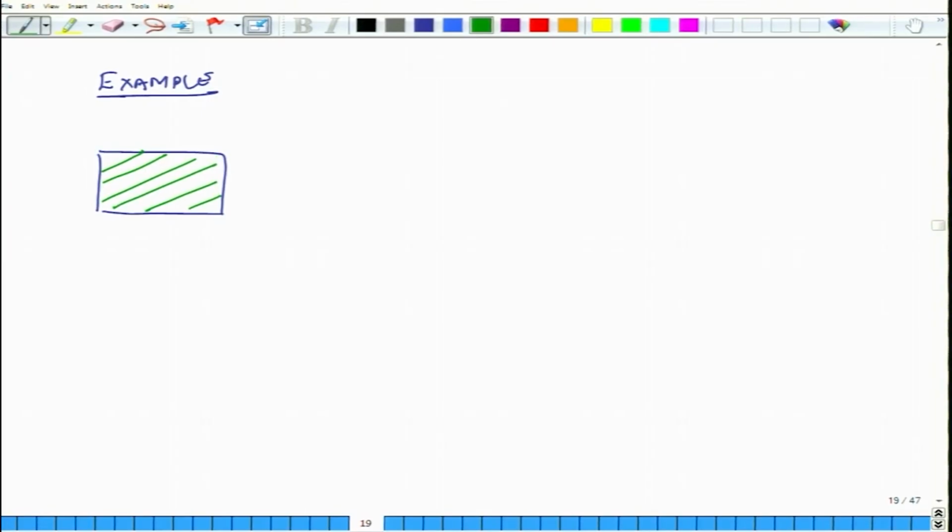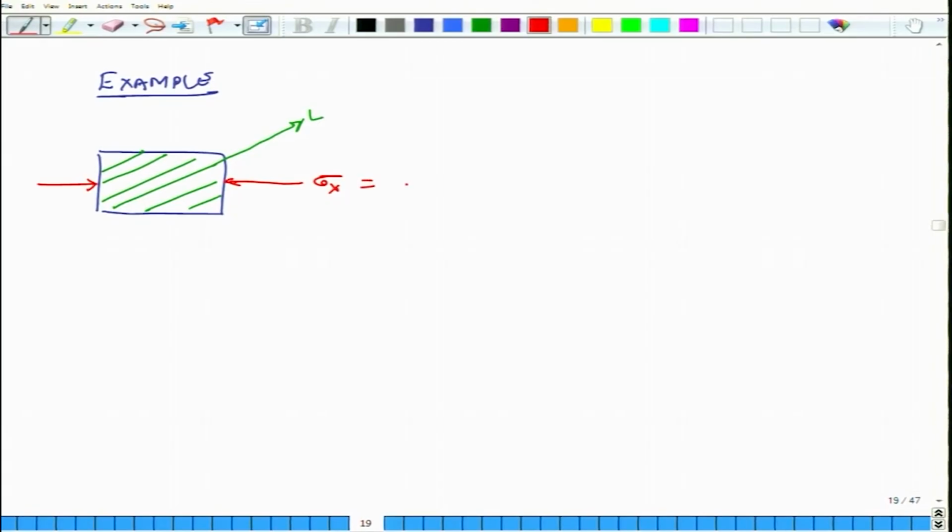Okay. So, this is my L direction and I am applying sigma x. Actually I am compressing it, I am not pulling it in tension. So, I am applying a sigma x which is compressive